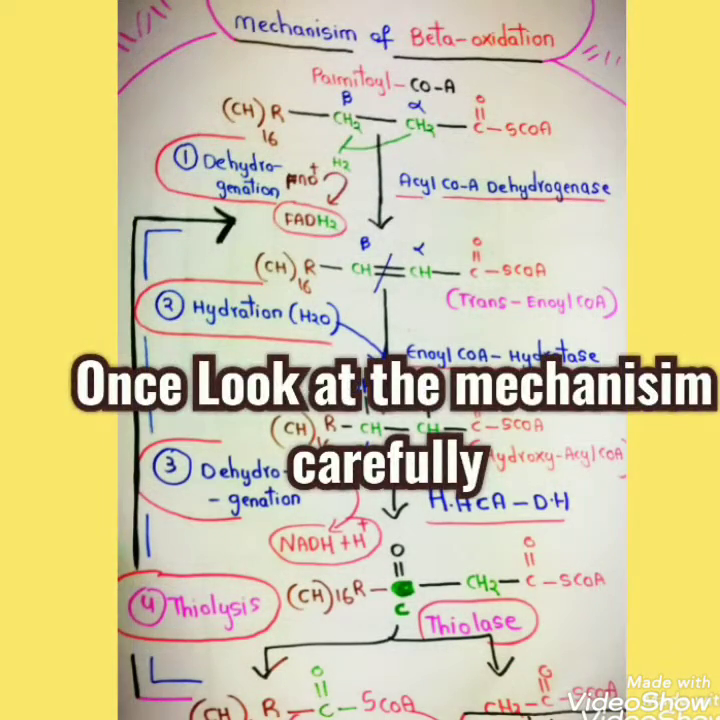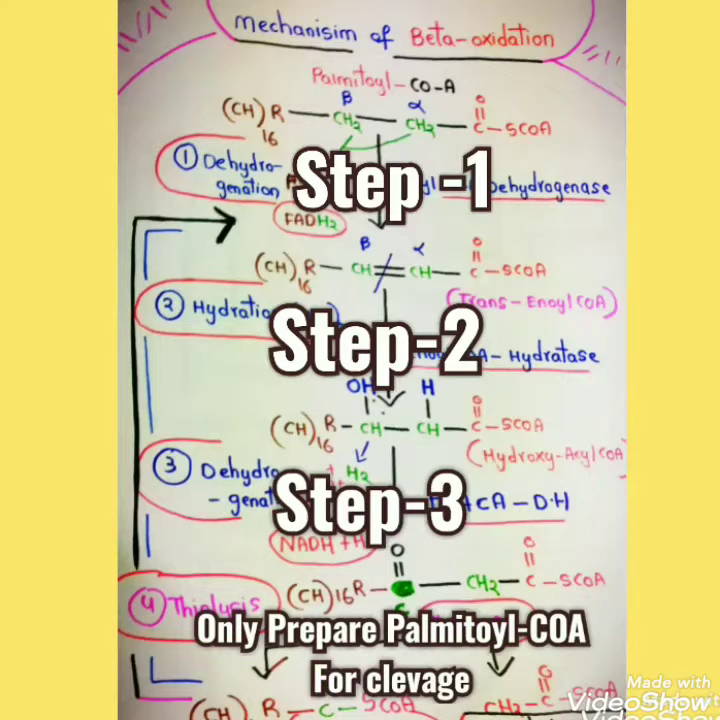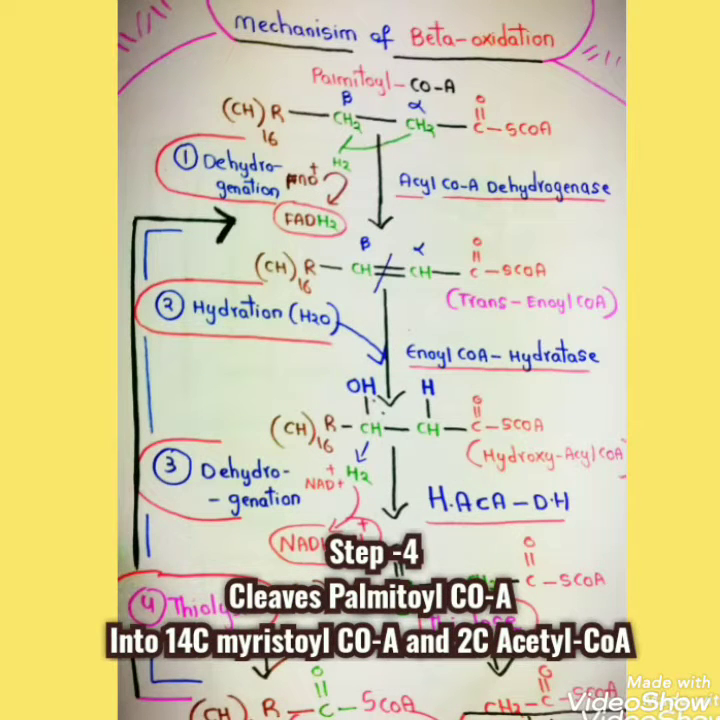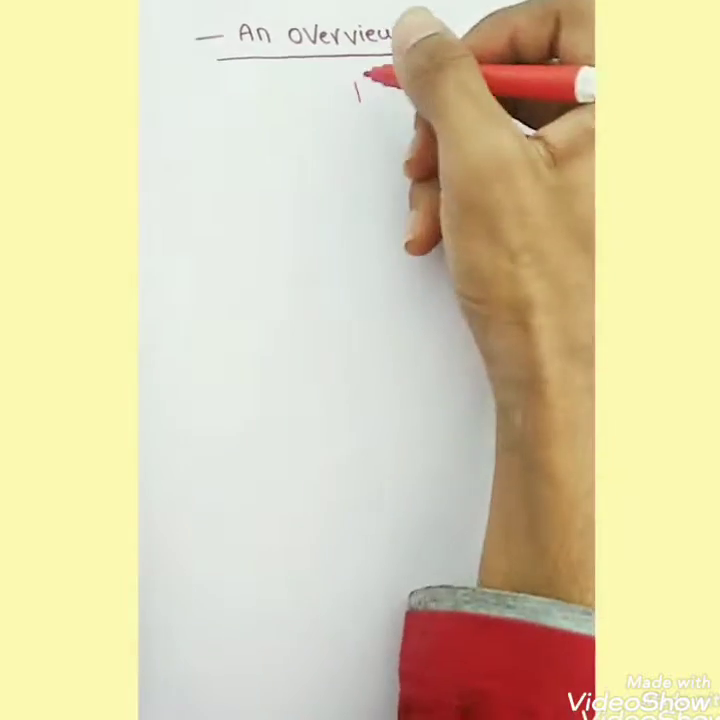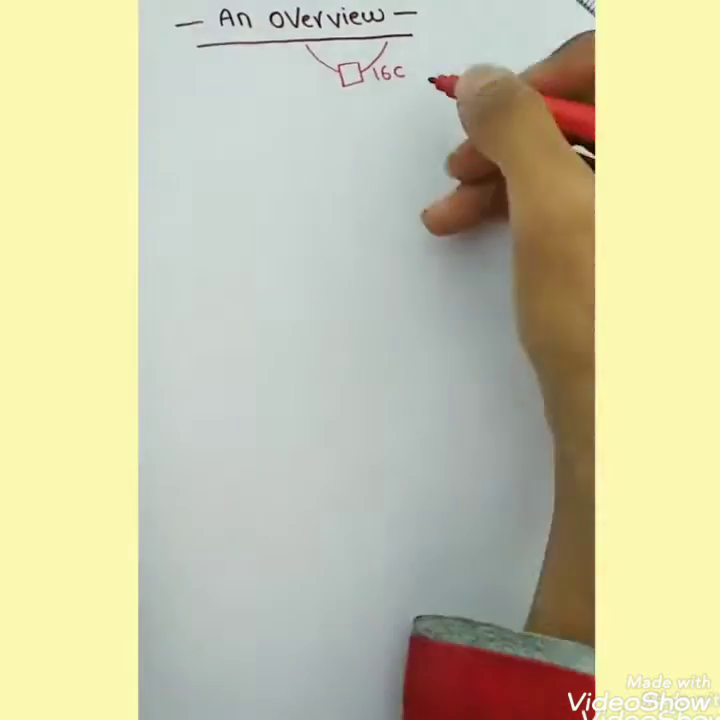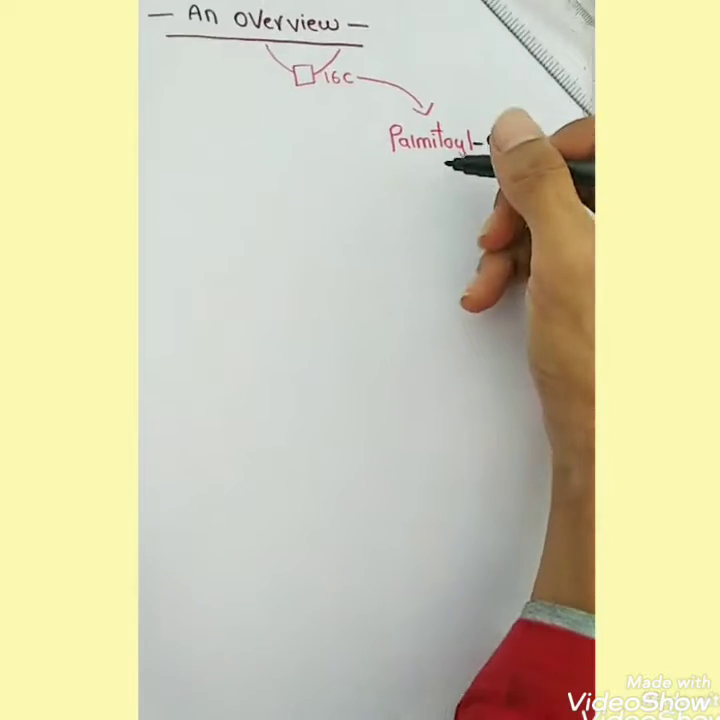Now just look at the mechanism carefully. You can see that the first three steps are to just prepare the palmitoyl-CoA for the cleavage. It is actually the fourth step which cleaves the palmitoyl-CoA into the 14-carbon compound myristoyl-CoA and the 2-carbon compound acetyl-CoA. Now when you look at an overview of the beta oxidation, we got the 16-carbon compound palmitoyl-CoA has been converted